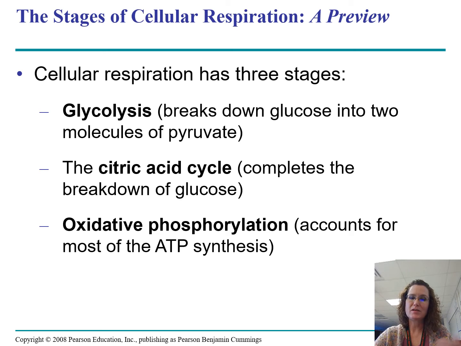Sometimes you'll hear it called the Krebs cycle. I almost always call it the citric acid cycle. Then we take those two 3-carbons and break them down a little bit more. Every time we break that, we pop off some hydrogens. Those hydrogens get grabbed by the little couriers, and they get taken down to the other side of the membrane. And then they build up a gradient.